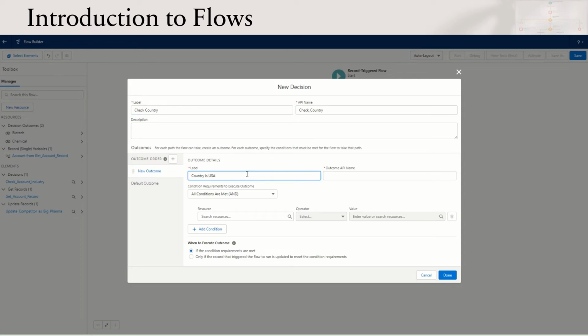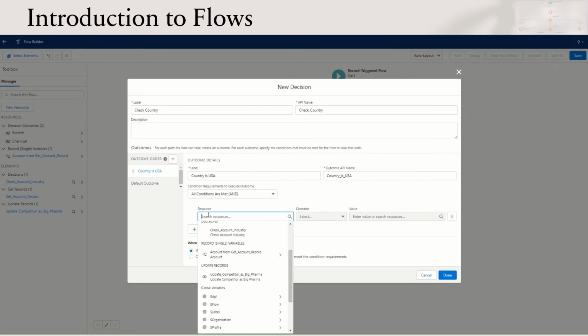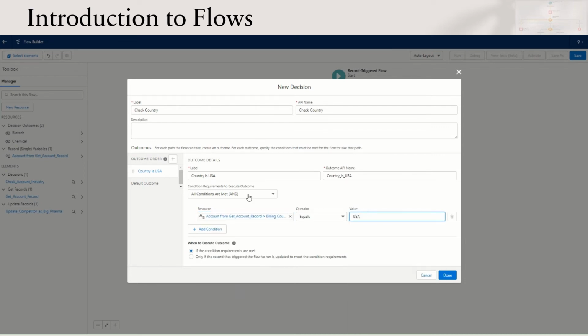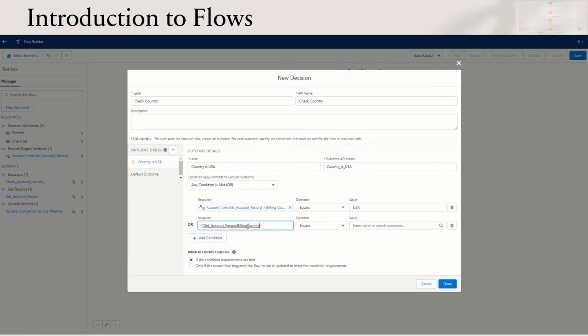The outcome label would be country is USA. The condition we define will be the resource we use, the account from the get account record, and the field we are after is billing country. If the billing country equals USA, we change the conditions to or, add a condition, or billing country equals